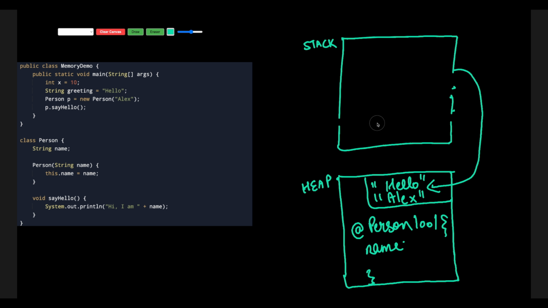Now keep this particular point in mind that the heap doesn't get cleared after the method is finished. The heap will be cleaned based upon the Java garbage collector. Java uses a garbage collector to look for the unused objects and clean them up periodically. Since there are no references left in the stack to the person object or the strings, the garbage collector will eventually clean the heap memory also.